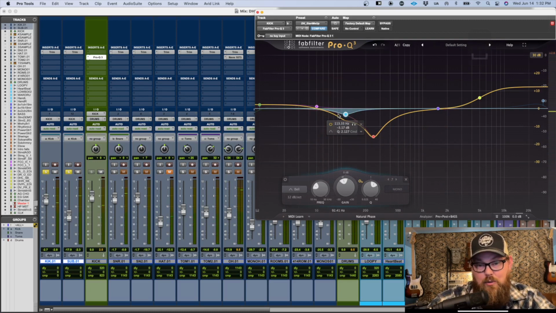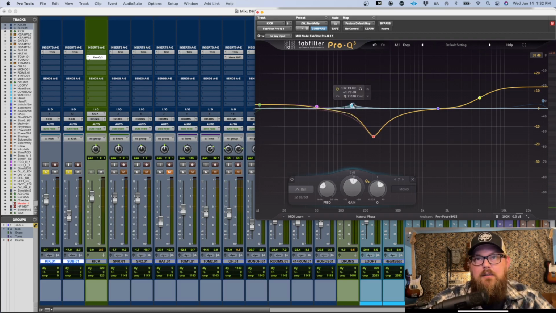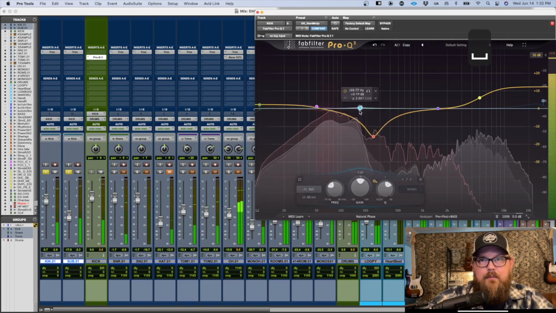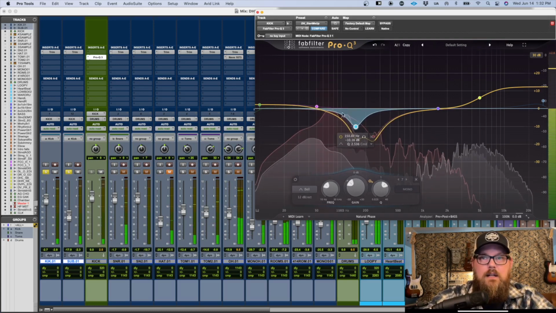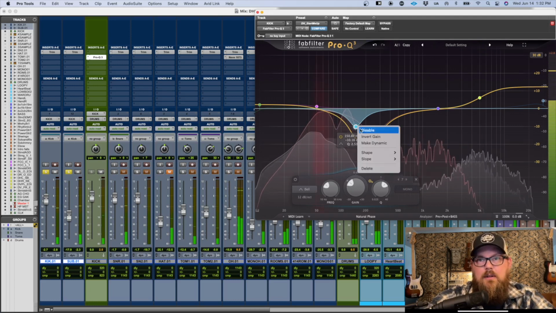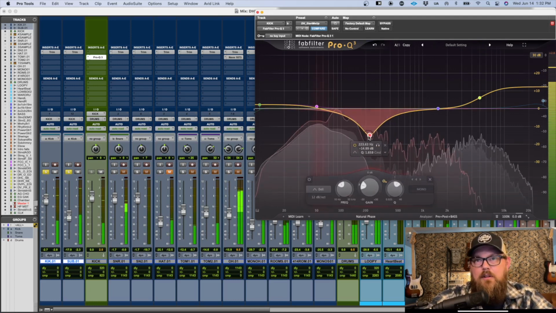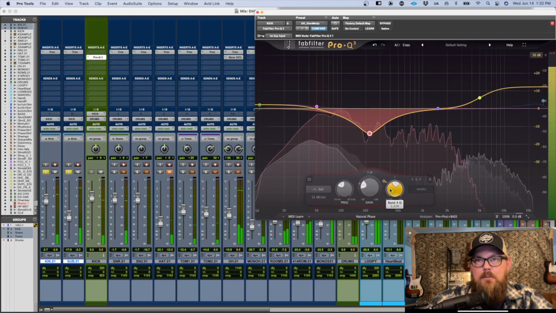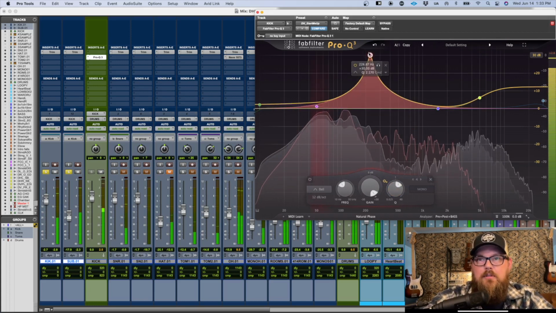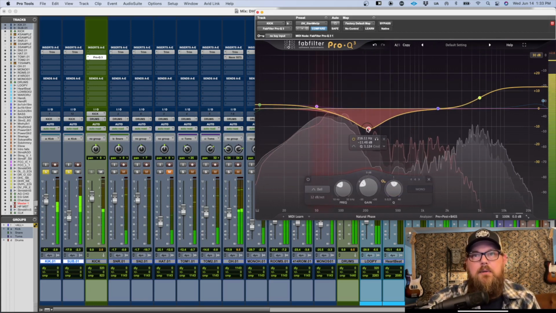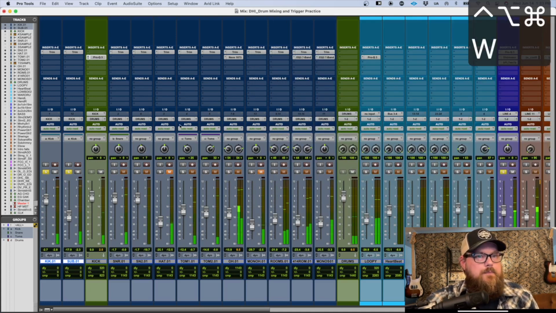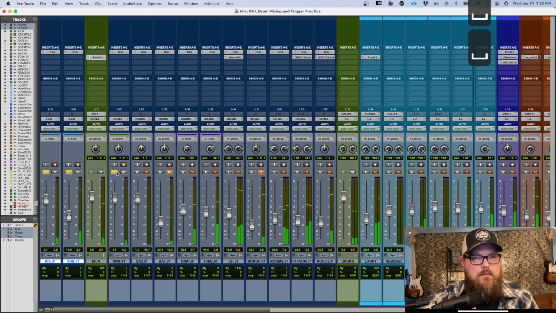So if your fundamental is 45, your first overtone is 90, second is 135. And if you cut a little bit of that, you'll be creating space specifically for the bass. And that's kind of what we did with this low mid bell. That resonance, buckety stuff we got rid of. Okay, then